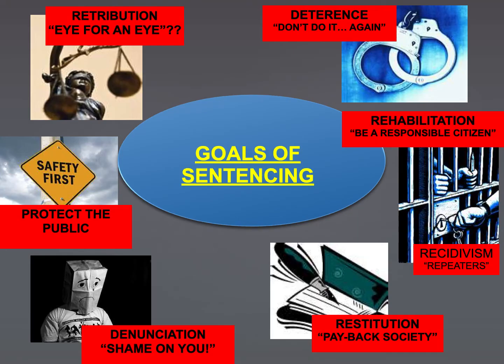So the goals for sentencing are essentially a seven-part goal. In no particular order, we'll just start from the top left and work our way around clockwise. You may want to make pauses at various points in the audio notes to make sure you get this down. So this first one is retribution, the eye for an eye form. And that dates all the way back to Hammurabi's stone-clad tablet, the way to punish those for the action that was caused by their previous action that had caused harm.